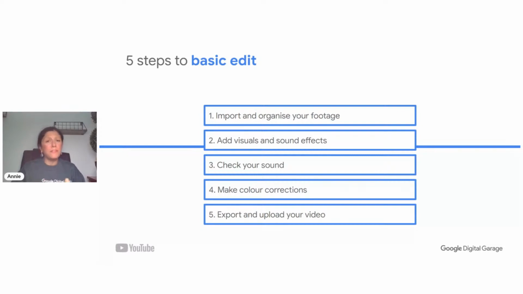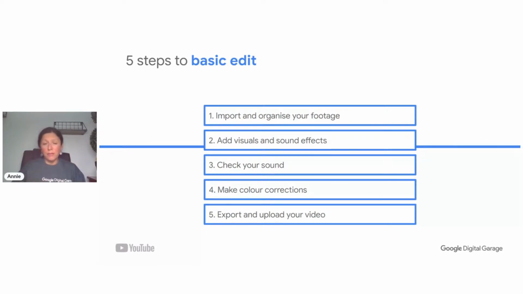Then we might want to add a bit of visuals and some sound effects to our content. So maybe there are some transitions we want to include, some titles to bring it all into focus, and we might have already put that into our storyboard. Also, we want to maybe put in some video effects, and a bit of sound, a bit of music here and there so that people can build the emotion of the story. That's what makes video so compelling, that we can have these different senses being spoken to in the process.